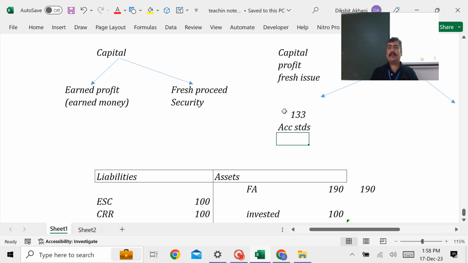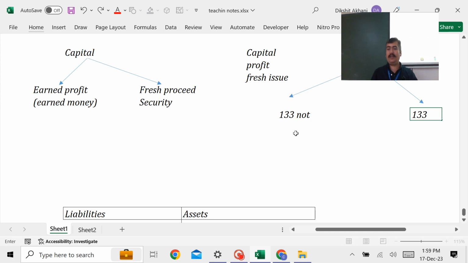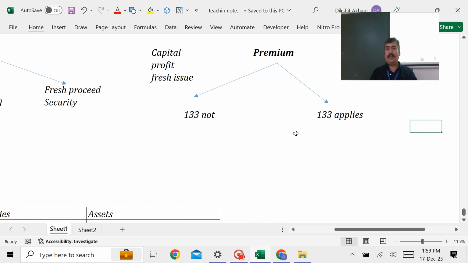So same, because if I talk about the utilization of the premium or sources of the premium, the whole classification is divided into these two parts. If 133 doesn't apply or if 133 applies. Got it? If the 133 does not apply, the sources of the premium will be profit